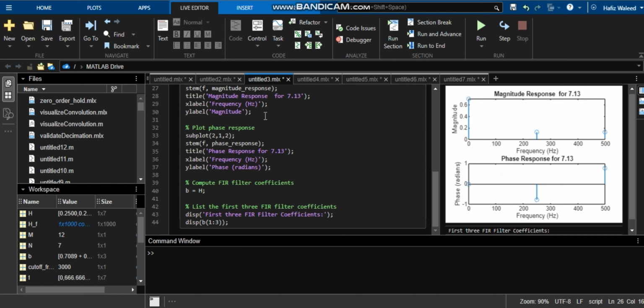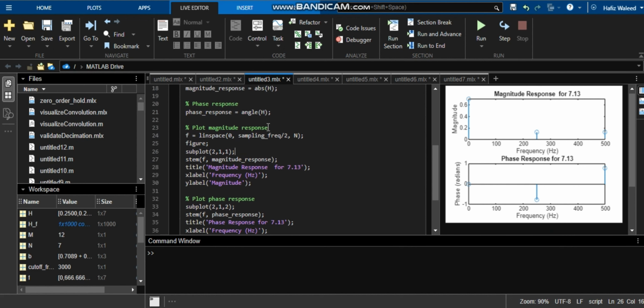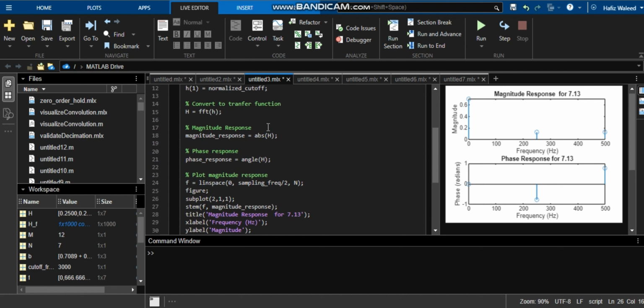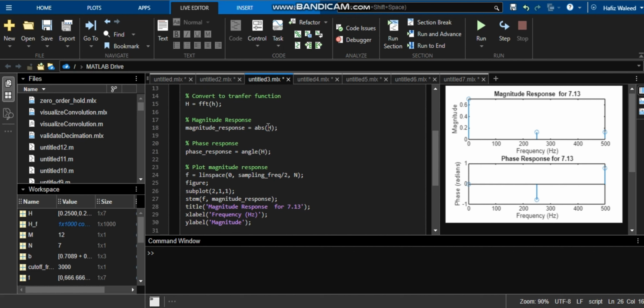This code designs and analyzes a low-pass filter using the FIR filter frequency sampling method with the following specifications: a cutoff frequency of 150 Hz, a sampling frequency of 1000 Hz, and a filter order N of 3. The normalized cutoff frequency is calculated by dividing the cutoff frequency by half the sampling frequency. The impulse response h is computed for n from 0 to N minus 1 using the sine function normalized by pi, with a correction for the first term to handle the singularity. The FFT of h is computed to obtain the frequency response H. The magnitude and phase responses of the filter are extracted from H.